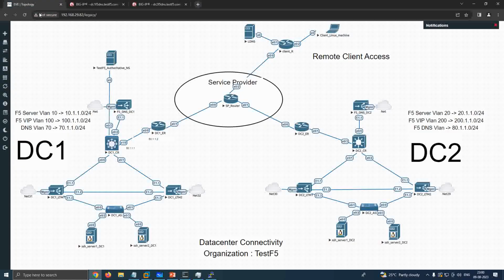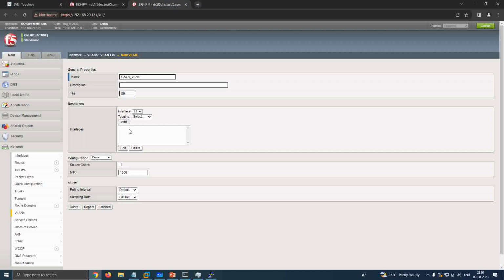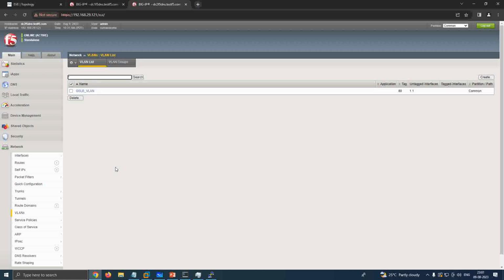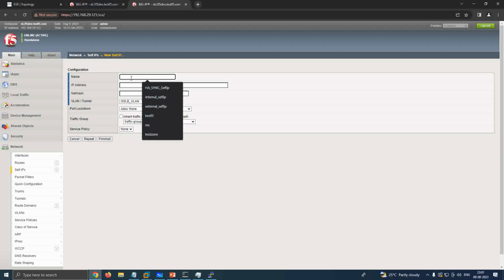And on the F5, it's Ethernet 1.1. So it would be untagged because it's not a port channel. It's an access port kind of thing. And I click on finish. VLAN is done. Now I'm going to configure the self IP, create the self IP name